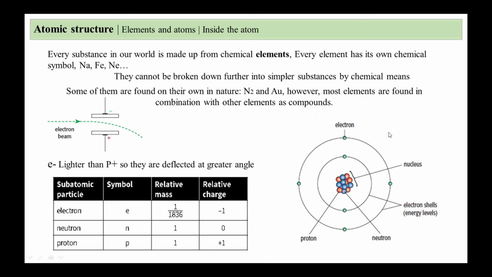In this image here, you can see a simplified structure of the atom, in which we can find the nucleus, which is formed by protons and neutrons. Then we will find electrons, which are orbiting. So this is the structure of the atom, and to know the different charges of those subatomic particles, scientists